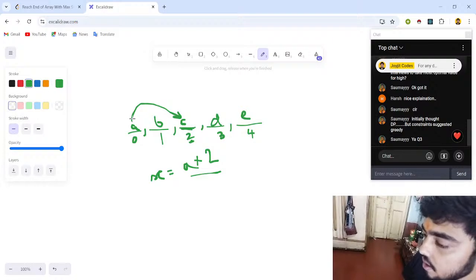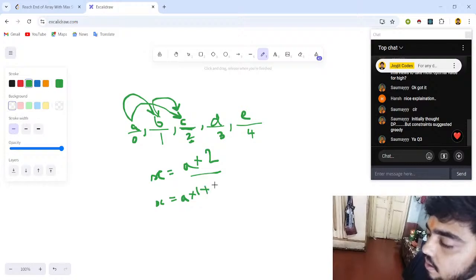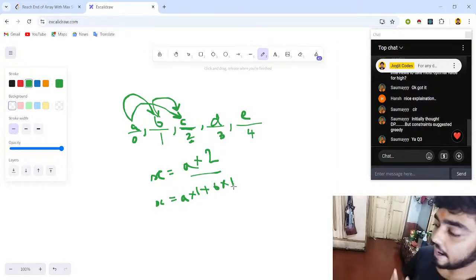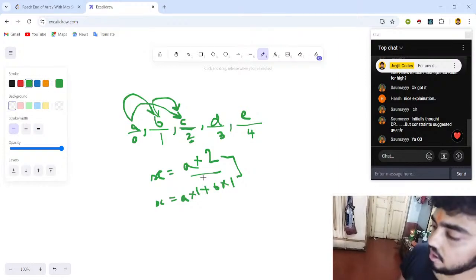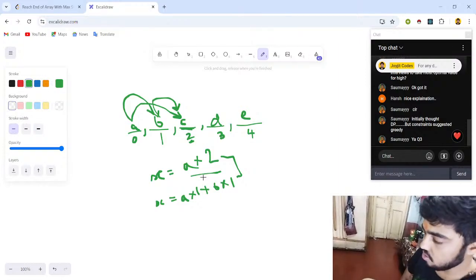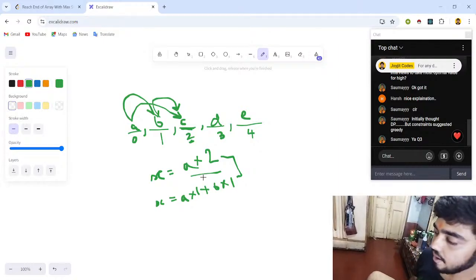Now let's say, in order to reach over here, we could have gone for this, or we could have jumped to here and then jumped back to here, right? If we did this, the score would have been a into 1 plus b into 1, and it was given that you have to maximize the score. Since you have to maximize the score, you have to find whichever is going to give you the maximum value. So we can go for an approach that if